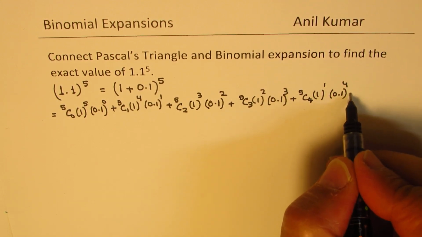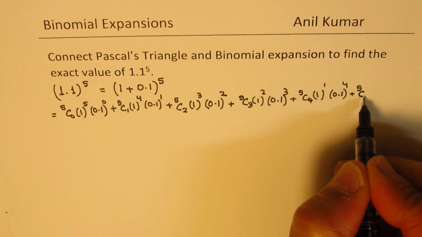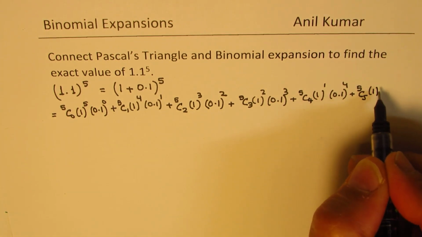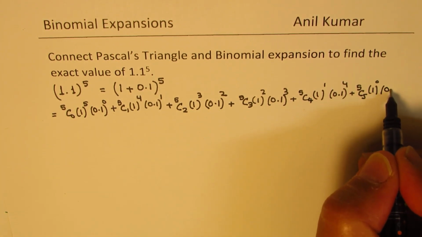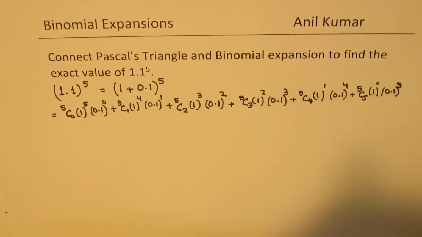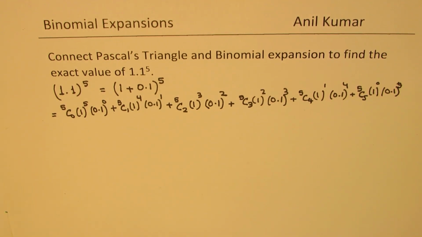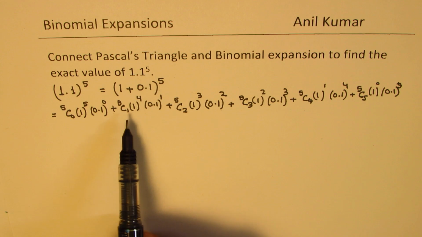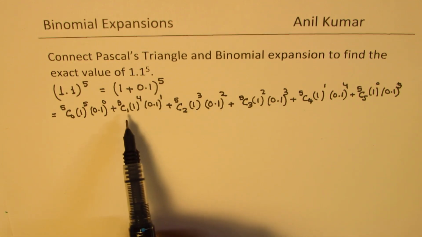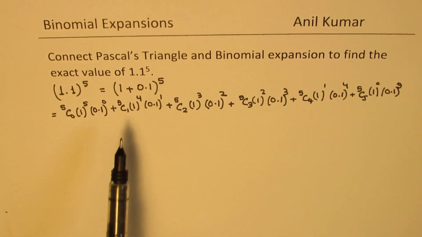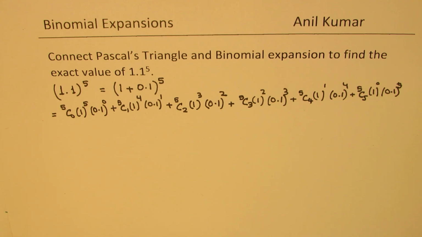And the last term, 5C5, 1 to the power of 0, and 0.1 to the power of 5. Now you could always get these coefficients using the formula. However, you can also use the binomial pattern,